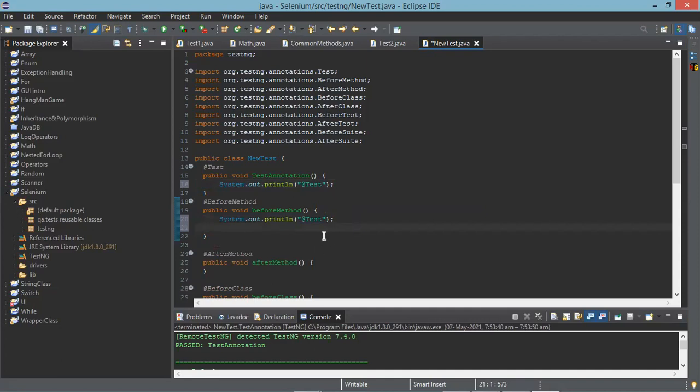The annotation should be before method, since it's not a test. Change it to before method. Put BM so it's easy for you to understand.